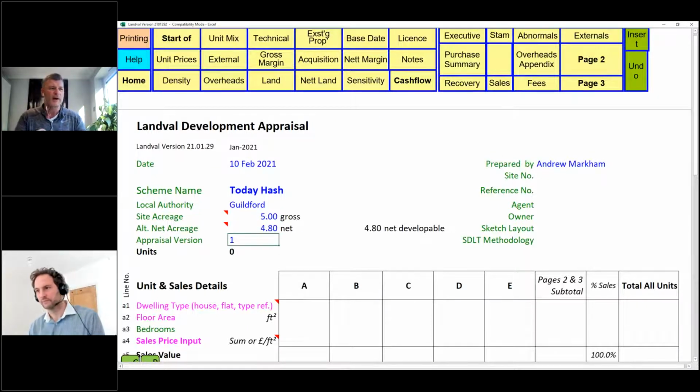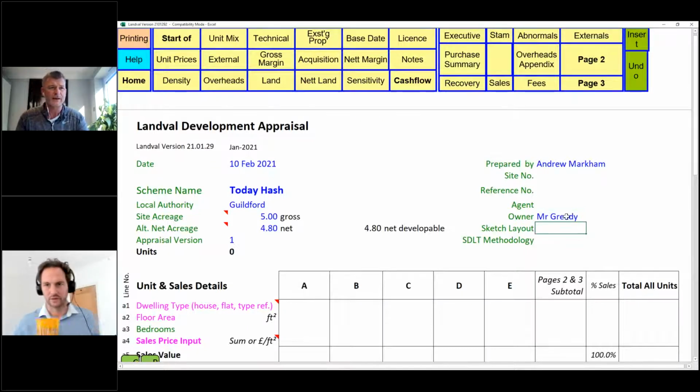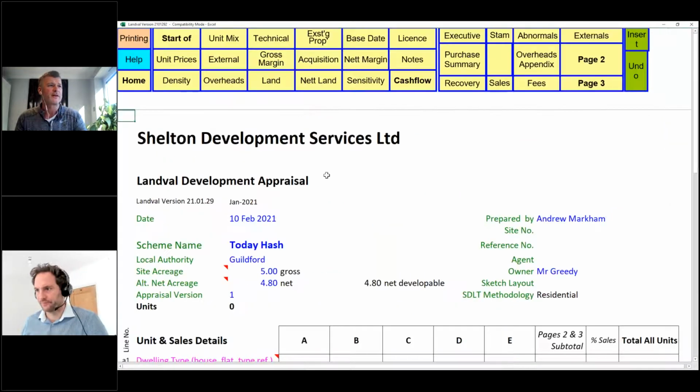We might have 5 acres, but we might have some trees, and the actual developing area is reduced, so I can look at the net area. We can do multiple versions of this, so you can do testing on things. You can put some information in here, and you can say, look, Mr. Greedy owns the land. That's generally the case. We're going to set some stamp duty on here. Don't worry about that for this.